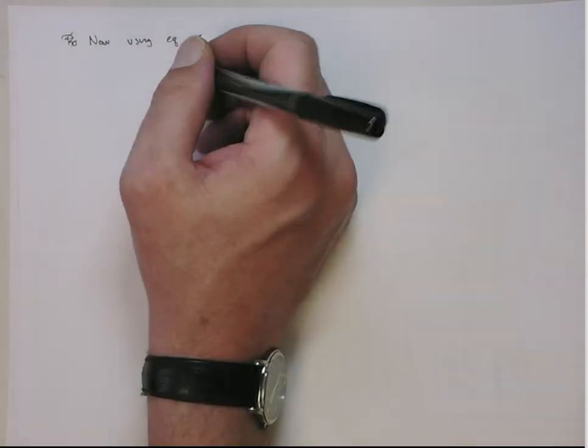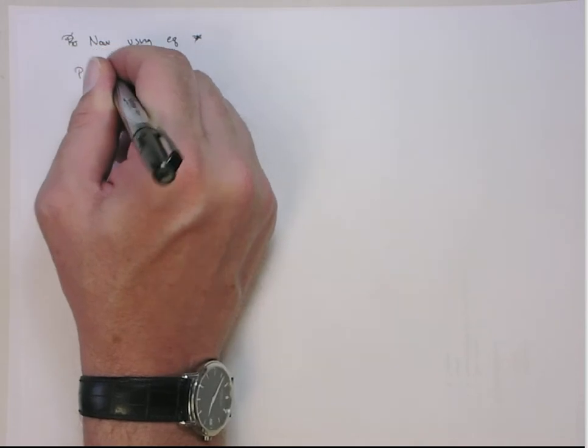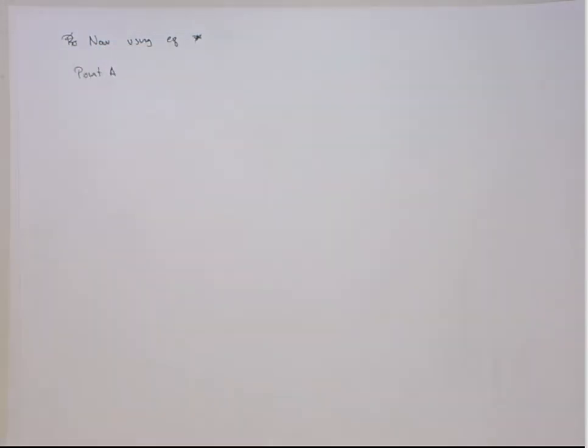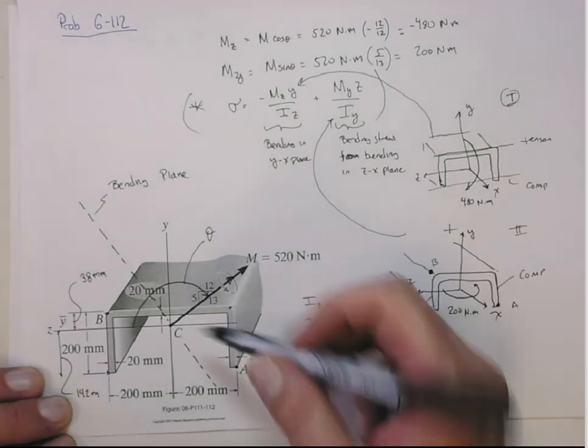We get that this is point A. So at point A, I should probably put that little picture back up again. We have it at the coordinates